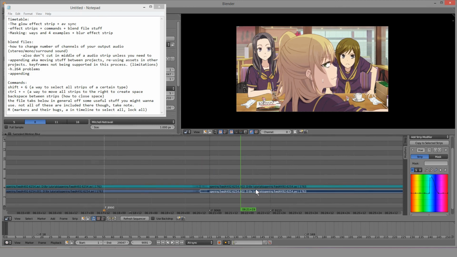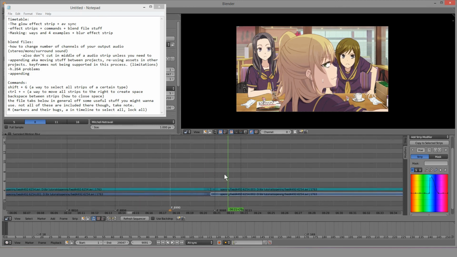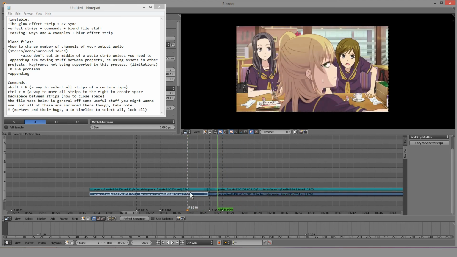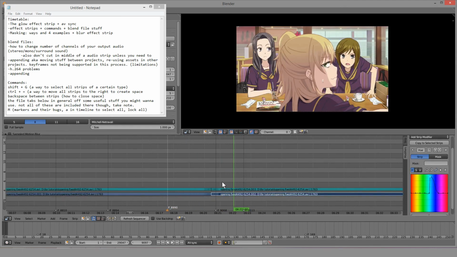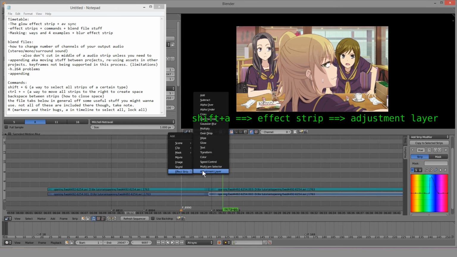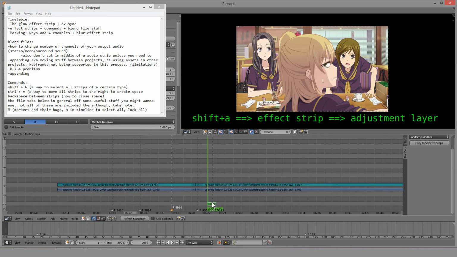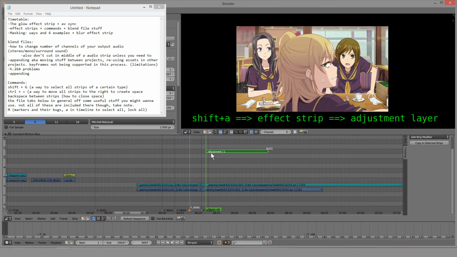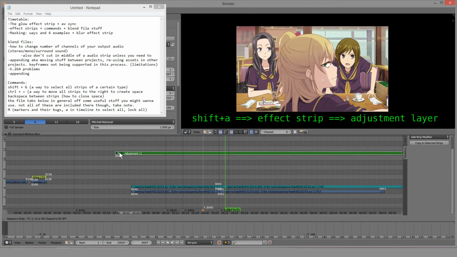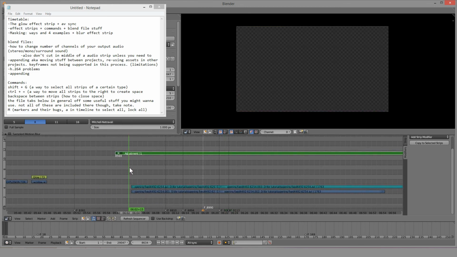So next thing I want to show you here is, say I want to apply this to everything. I could do it strip by strip, but there's another way you can do that. You press Shift A, adjustment layer. Generally adjustment layers, you bring all the way to the top and extend over top of whatever you want